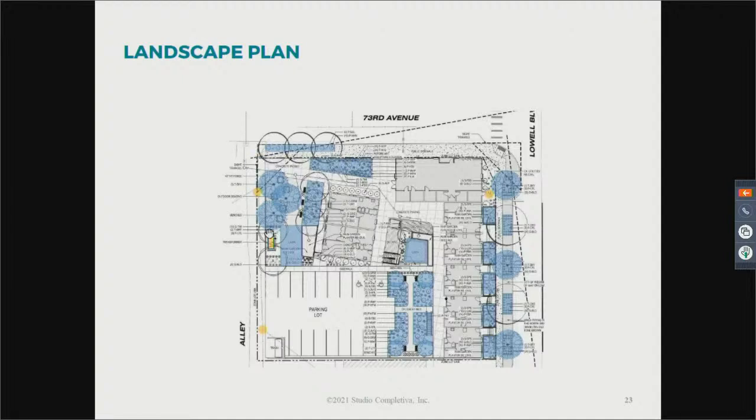The city and our civil engineers have worked together to solve our water quality requirements. Most of the precipitation falling on the main building will be routed to a series of garden beds along Lowell Boulevard before joining the city's stormwater system, while the rest will funnel into a small interior garden before joining the stormwater inlet at the northwest corner of our site.